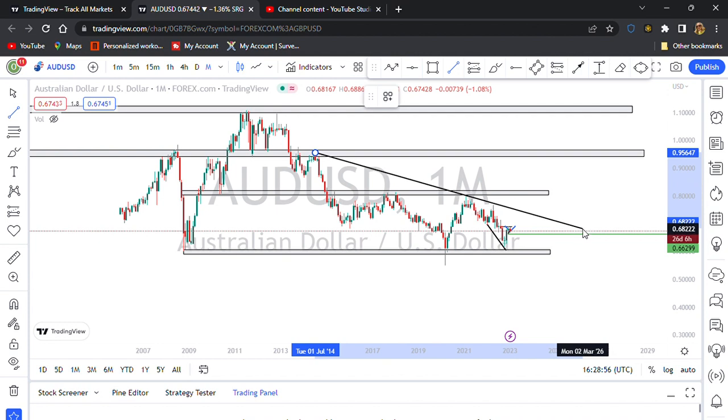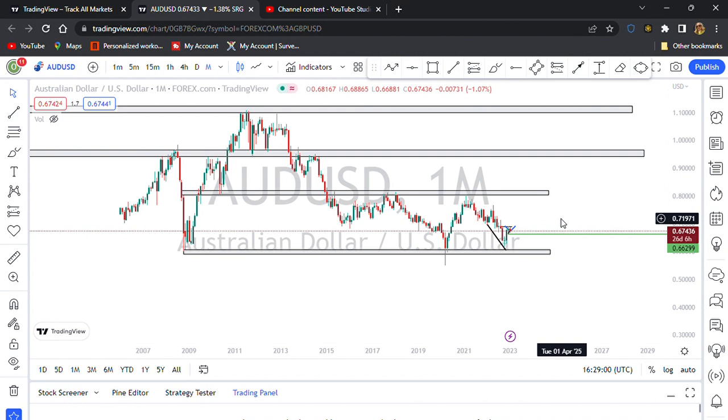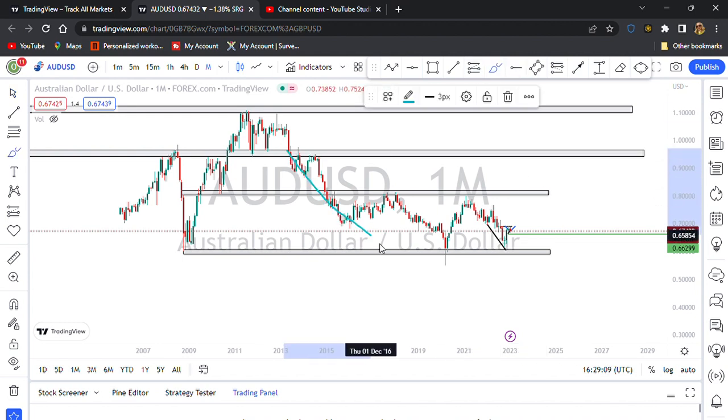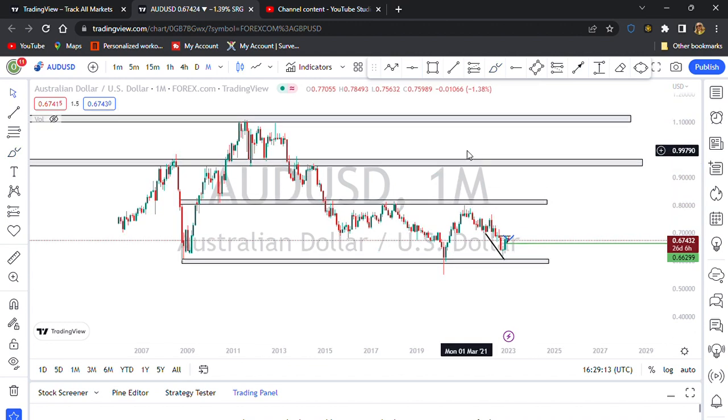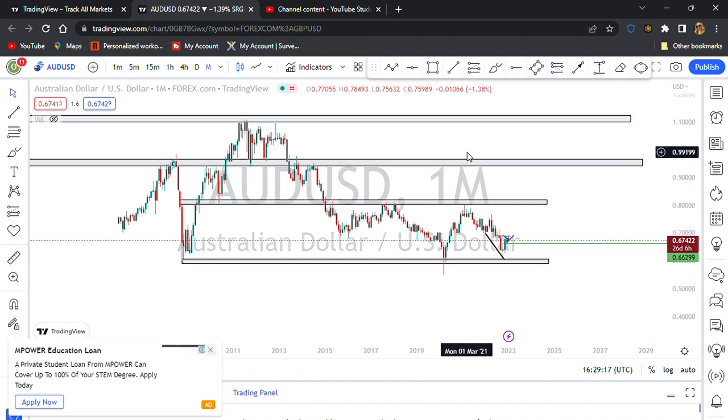We know that the market is in a downtrend, going downwards. After seeing that the market is on a downward trend,